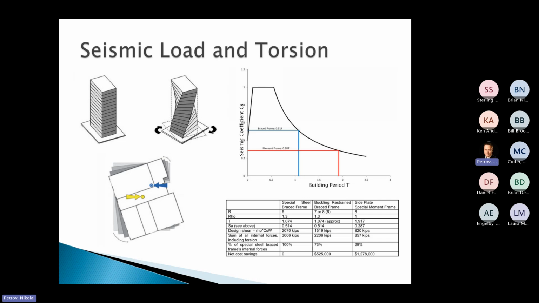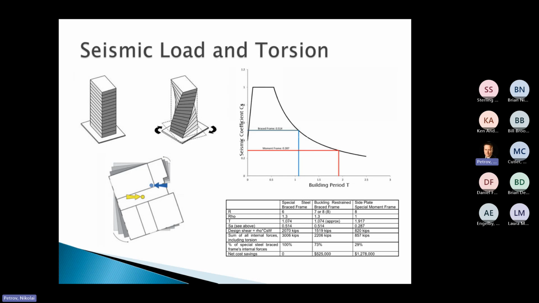Now I did do a run at this using the same brace frame layout, but using BRBs to show that those also provide a savings. And so again, BRBs, you take that 33% off the top in R value going from 6 to 8. So you do have a reduction for BRBs going from 3,000 kips to 2,200 kips,